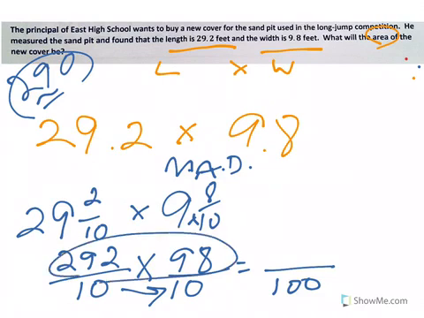Again, normally I would just write this out and solve it, but because I'm going to run out of time on the video, I'm just going to show you here that 292 times 98 is